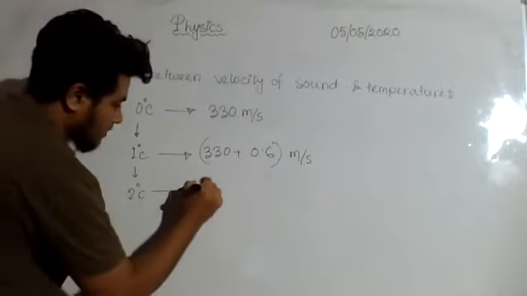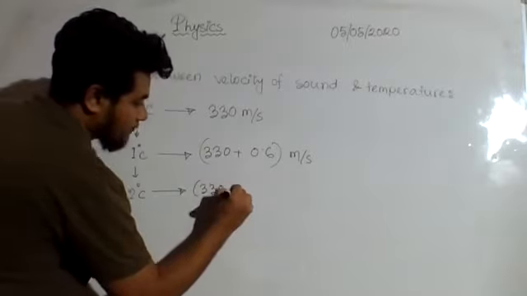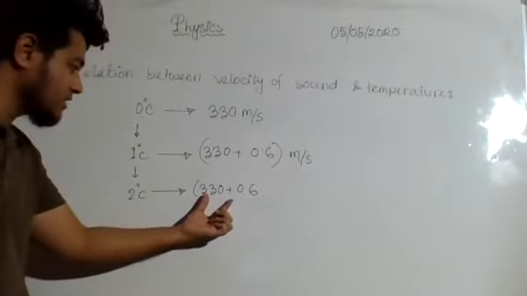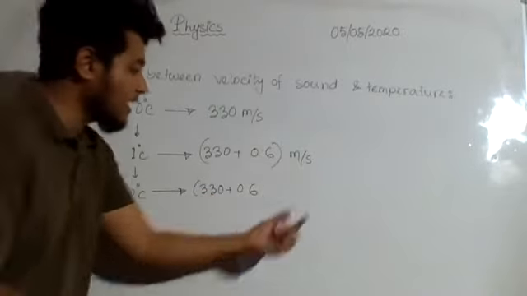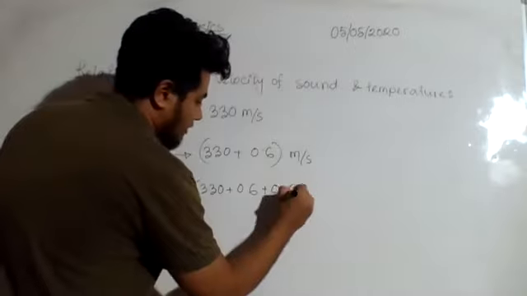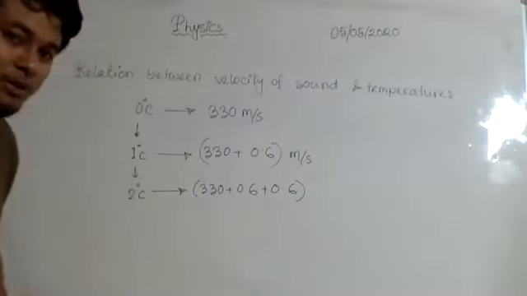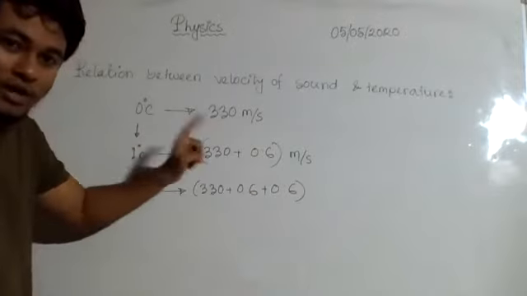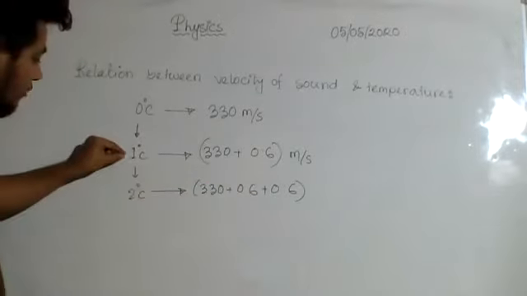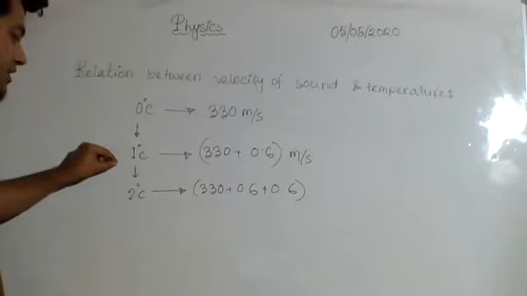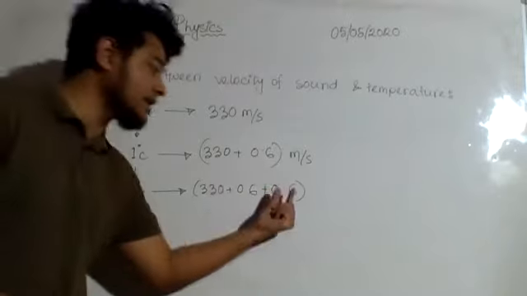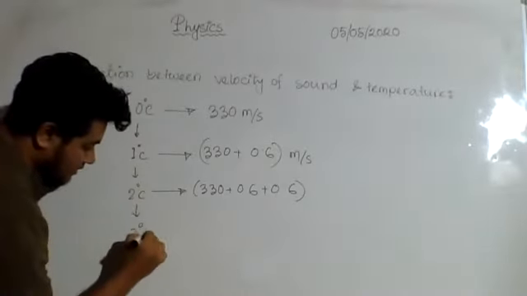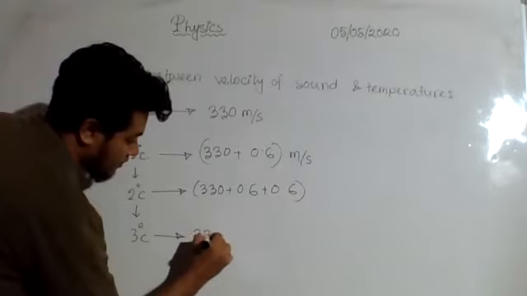So whatever the velocity was for 1 degree Celsius, with that I will add another 0.6. Do you understand my point? As it increased 1 degree from here, I added 0.6. And then when I increase the temperature a further 1 degree Celsius, I added another 0.6. Likewise, if I increase the temperature another degree Celsius, then what will happen? With 330,